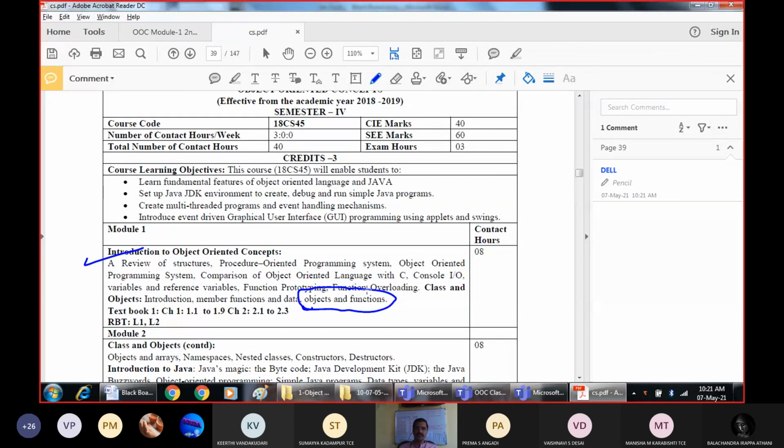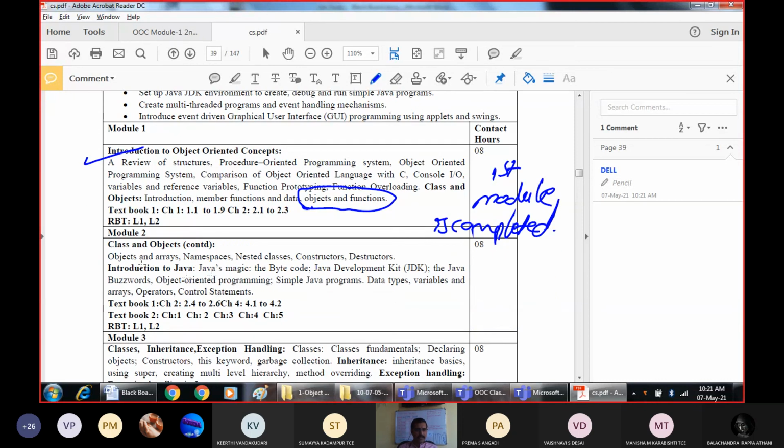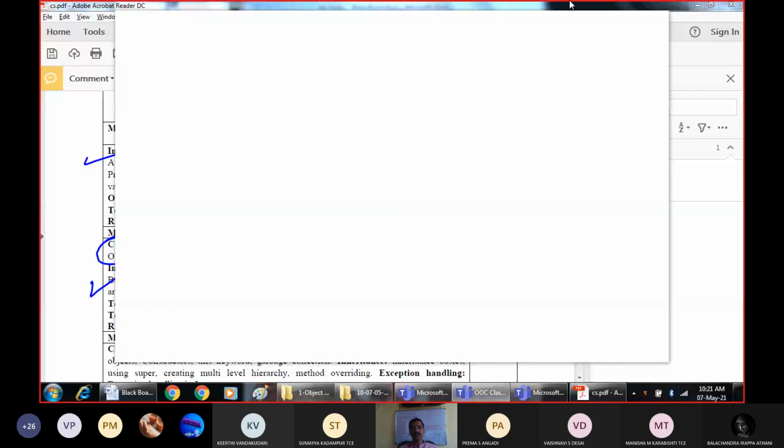That means the first module is completed. Still we are in C++. That means the second module begins, and up to here we have the concepts of C++. Then this is the place where we start with classes and objects.